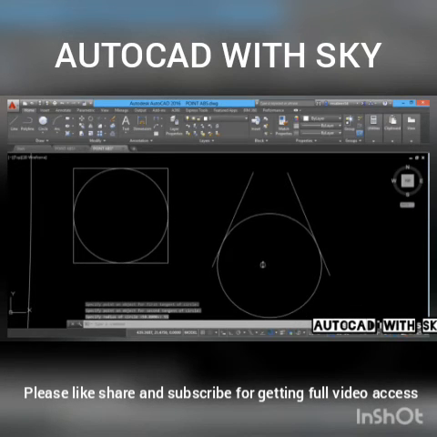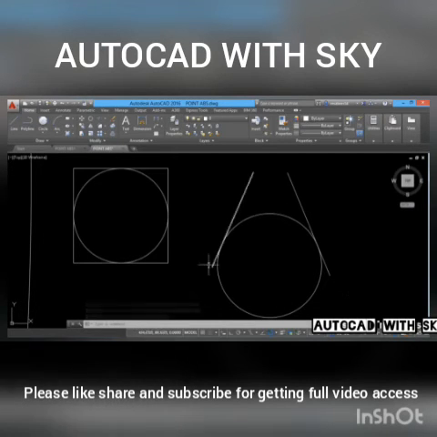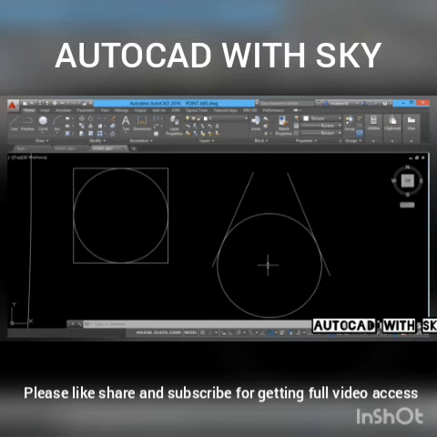Now you have got a circle and this particular circle is tangential to these 2 lines. In other words, you can say these 2 lines are tangents to the circle. And how will you define a tangency between a line and a circle? At the contact point, the radial line will remain perpendicular.